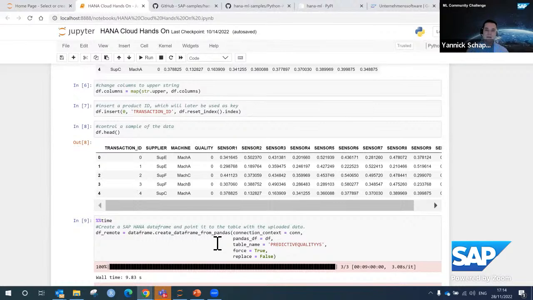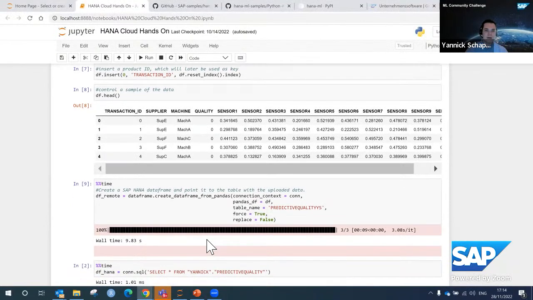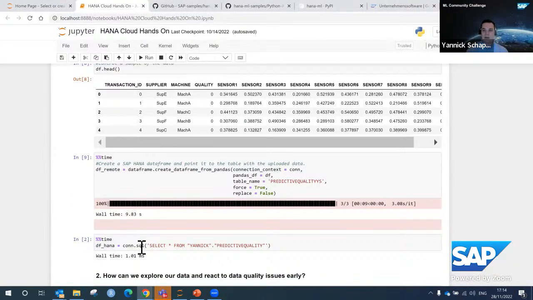You can take the data from the challenge, load it locally, and then push it into the HANA Cloud system Christoph, for example, is providing to you. Then later on, the data is, of course, already lying in your HANA Cloud system, and you don't always want to push it into HANA every single time when you create the HANA data frame. And of course, in reality, often the data is already in your backend system and is hopefully not only locally on your laptop. And I can create this HANA data frame also in a couple of different ways without moving the data into my local environment.